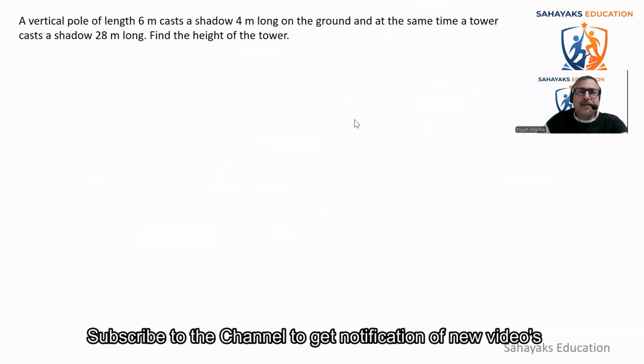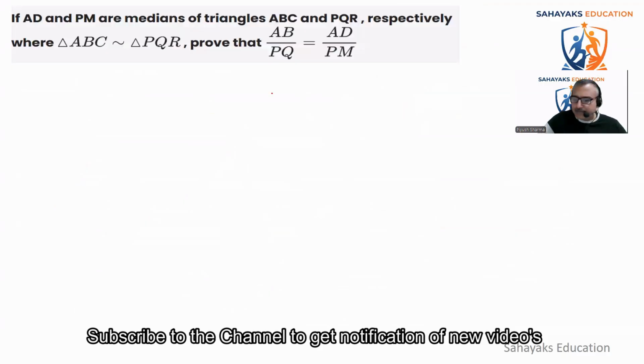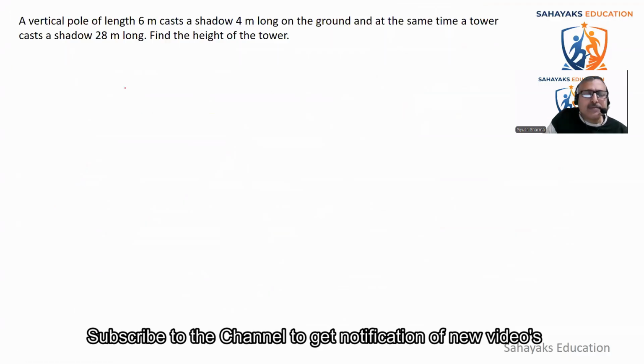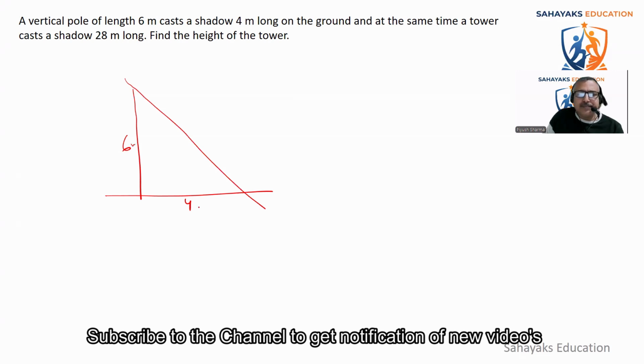What does it say? A vertical pole of length 6 meter. Next question. A vertical pole of length 6 meter casts a shadow of 4 meter. इसका shadow बन रहा है 4 meter का. This is the shadow, 4 meter. 6 meter, 4 meter, on the ground, and at the same time the tower casts a shadow of 28